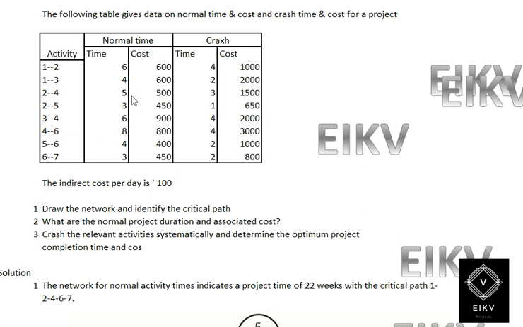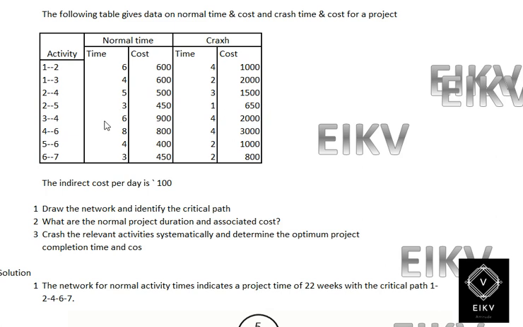And then 2 to 4, the time required is 5 days, 500 is the cost, which can be reduced from 5 to 3, therefore the cost will be 1200. Then we have 2 to 5, 3 is the duration, the cost will be 450, which can be crashed to 1, therefore the cost will be increased